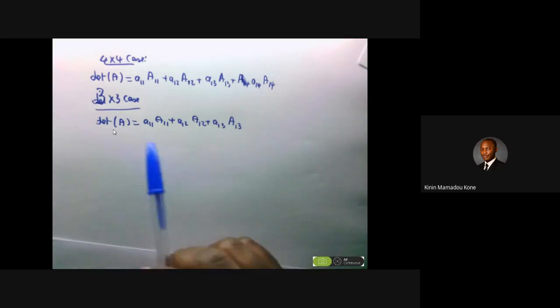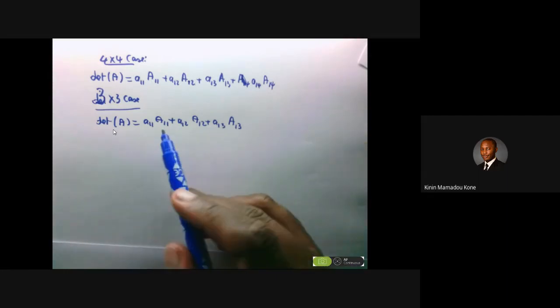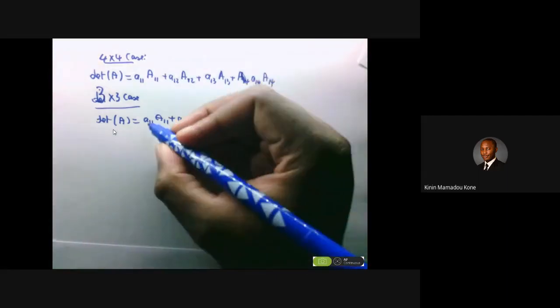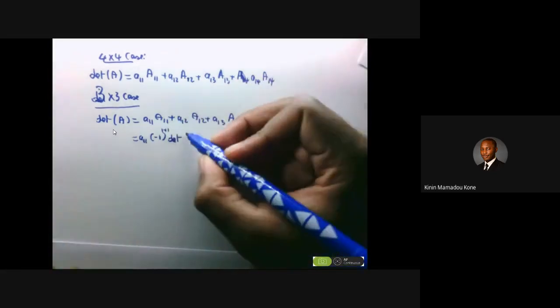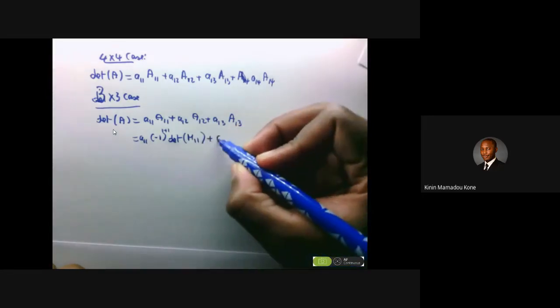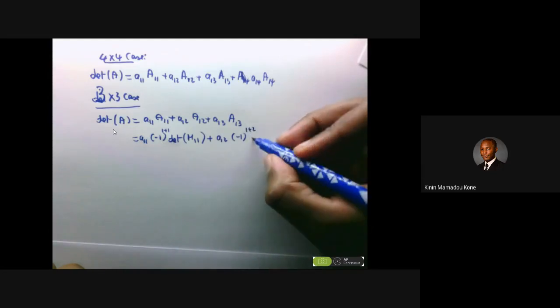So for a 3 by 3 case, we have this matrix. If you were to calculate the determinant of that matrix, you take A11 multiplied by negative 1 raised to the power 1 plus 1, times the determinant of the minor matrix formed by deleting the first row and the first column, plus A12 times negative 1 raised to 1 plus 2, times the determinant of